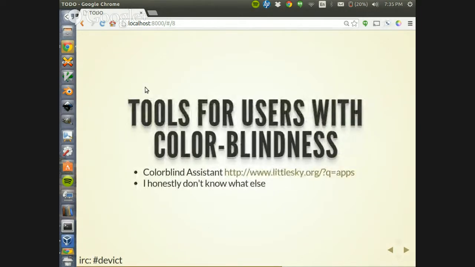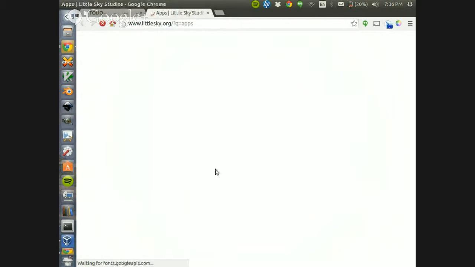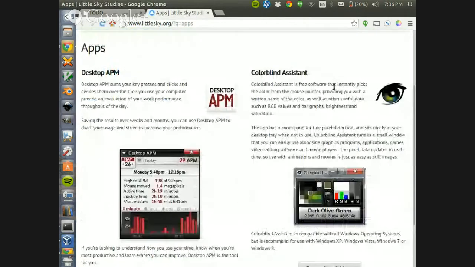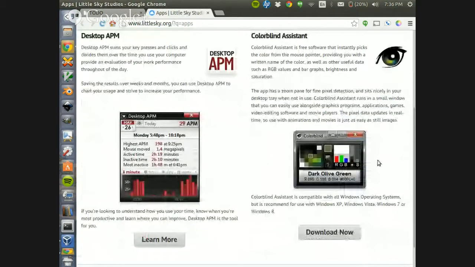So tools for users with color blindness. Really, this was just stuff at the top of my search results, but it was kind of interesting to play with. And I found a lot of discussion regarding this one, and people finding a lot of utility in their application here by Little Sky, Colorblind Assist, where it basically constantly gives you a hex code and everything else for where your mouse pointer is.